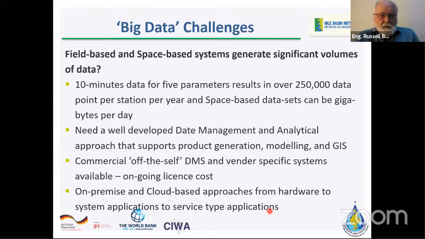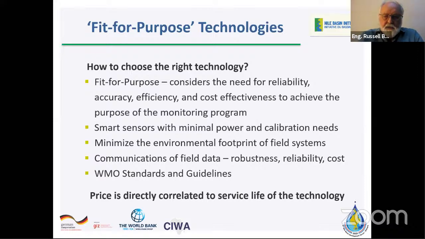The message here is we really need to be thinking not only about field-based monitoring, but how we integrate space-based systems into our monitoring program. It's not about looking at space-based remote sensing as an alternative; it's how you take advantage of those space-based systems, whether they be drones, aircraft, or satellites. But there is a key consideration,